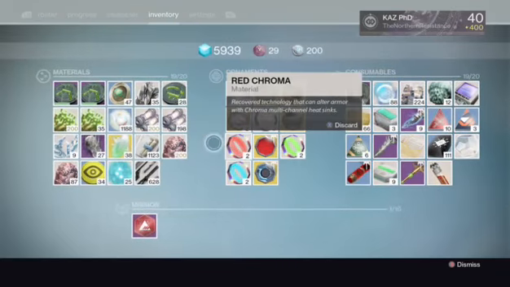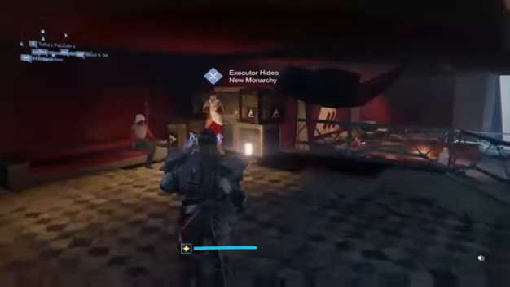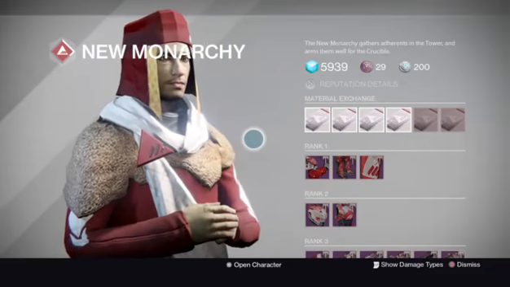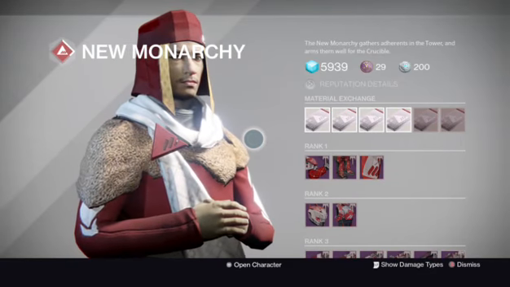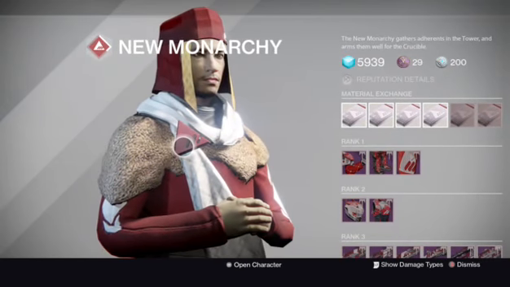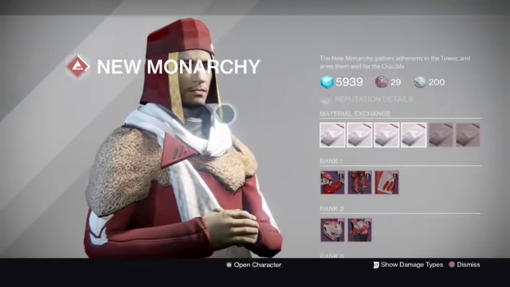You pop one again, and you keep going until you have a better chance of acquiring the weapon or the armor piece. So another thing I wanted to mention before I move too quickly is the things like heavy ammo synths, like I said, can be used to give you heavy ammo in the field, and things like motes of light can be used to upgrade your character faster. But if you align yourself to a different faction in the tower, like New Monarchy, Future War Cult, or Dead Orbit,